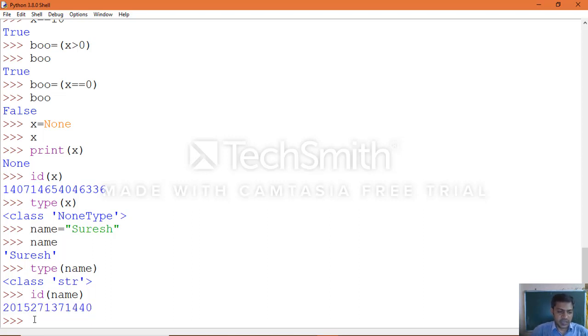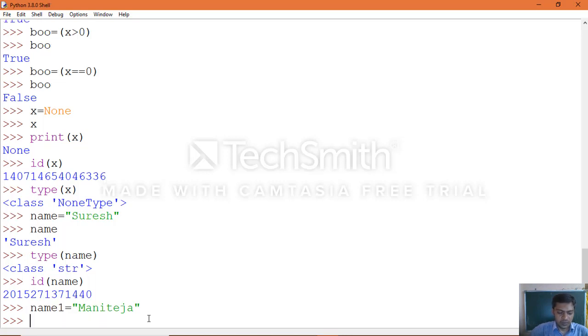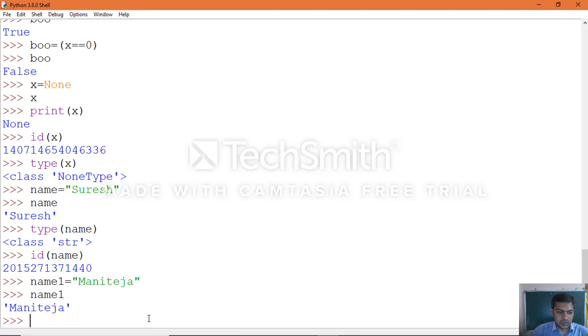So the same thing, you can take it as another variable. Let's see what happens here. We will take it as name 1. Now print name 1, which will print.